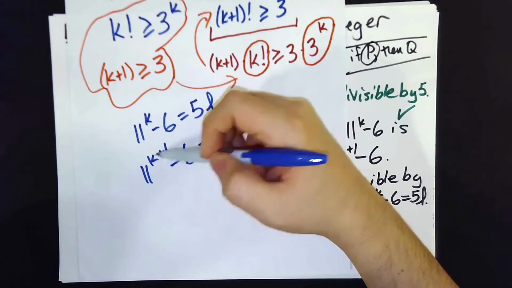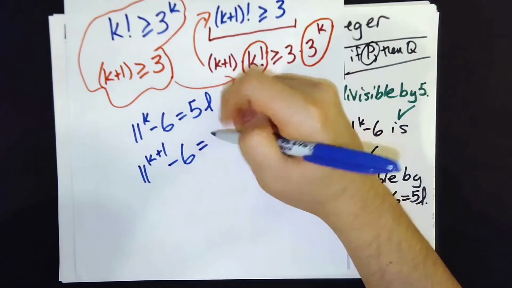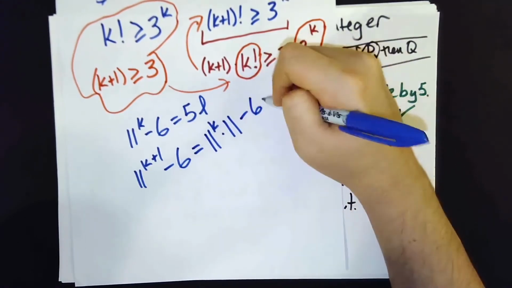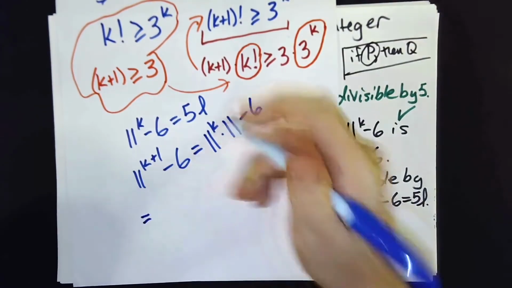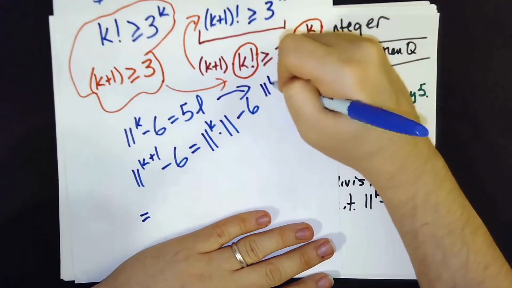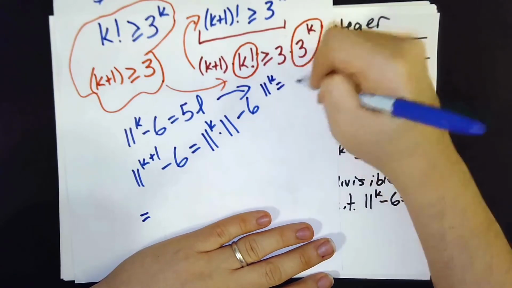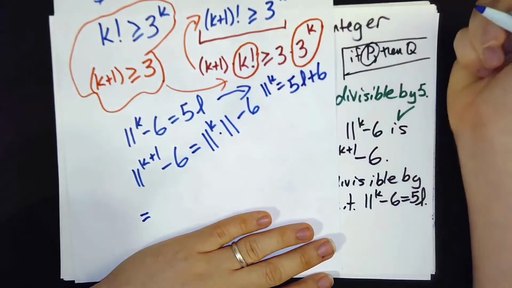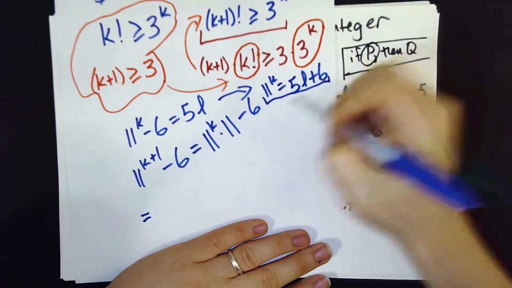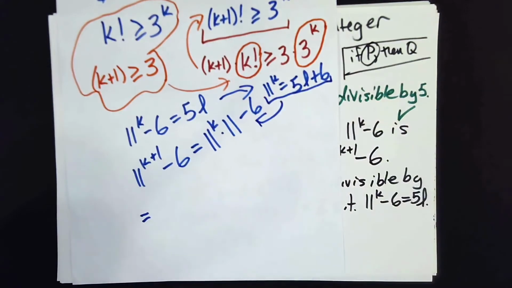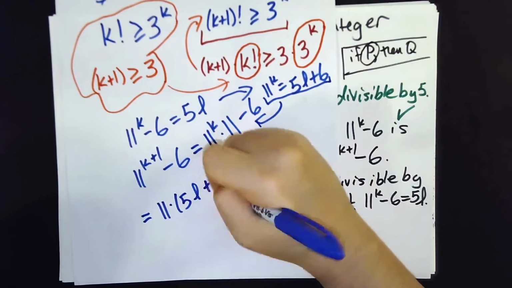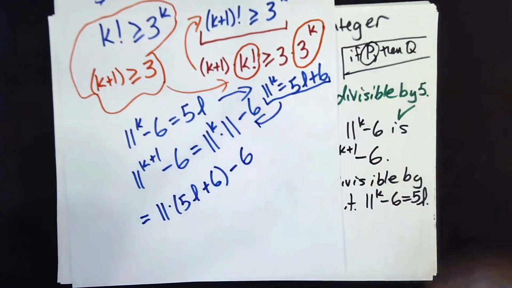If I think back to what we did in the previous example, we can rewrite 11 to the k plus 1 as 11 to the k times 11. And actually, if I look at this, it also says that 11 to the k is 5L plus 6. So I could substitute that into here, which is to say that this is going to be 11 times 5L plus 6, minus 6,